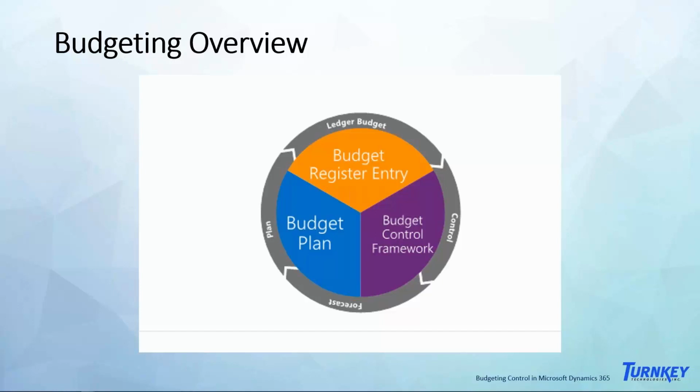The next one is the budget control framework. It's how we define which accounts, which thresholds we have, and which budget users are going to be able to override a budget control setup. The budget control framework at the end of the day controls the rules that the system will take into account to measure if any of our encumbrances or processes, such as purchase orders, invoice journals, GL journals, are going to be